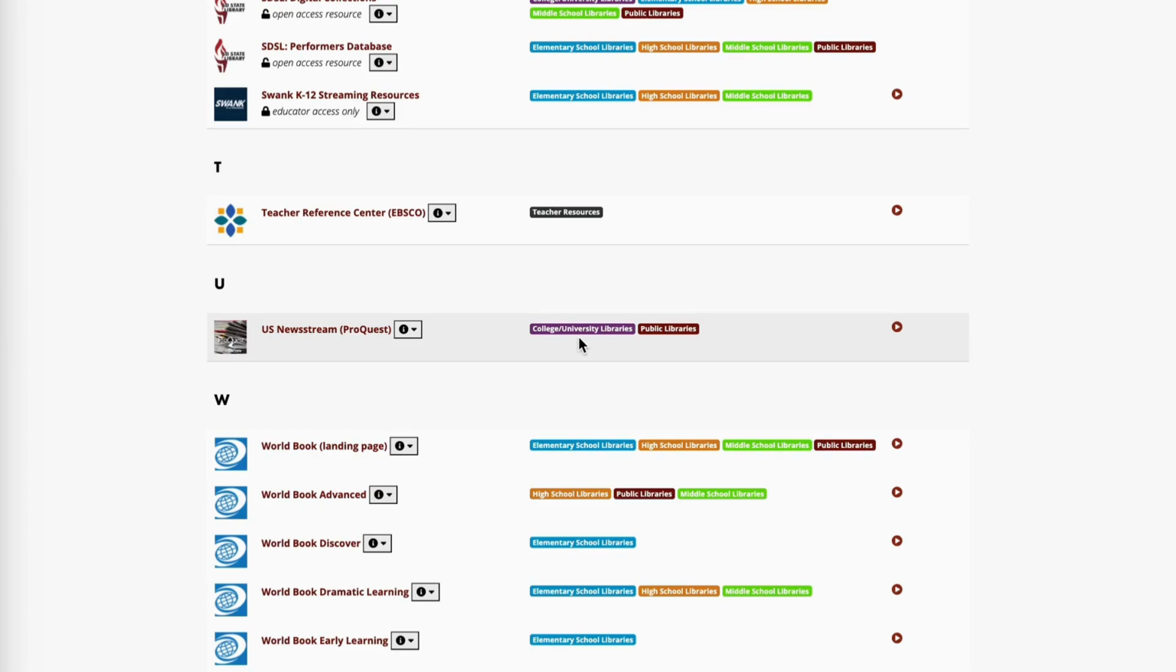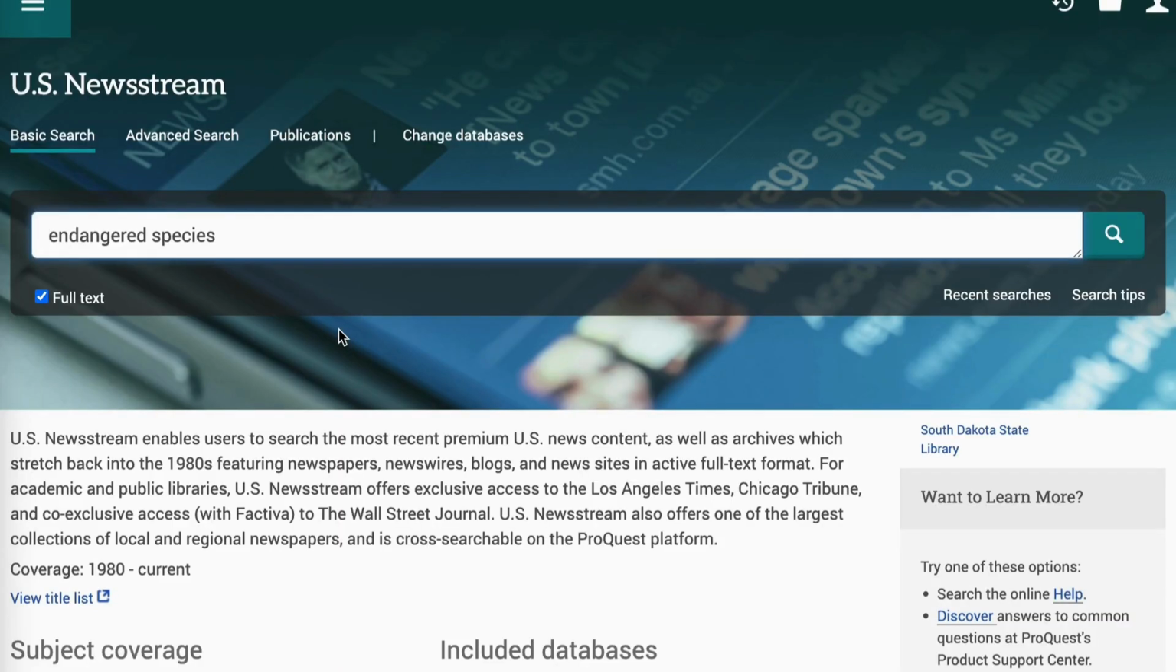However, this is going to be a really, really helpful research assistant for your high school students, your middle school students, and even your upper elementary students. So I'll click here, which takes us to the Newstream homepage, which looks like your basic ProQuest platform. And it gives a little definition here. So you can see that you can access full text articles from hundreds of local and national and international newspapers